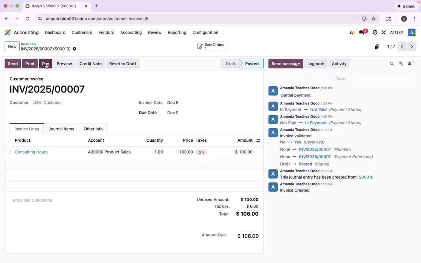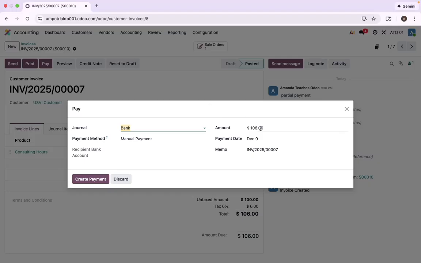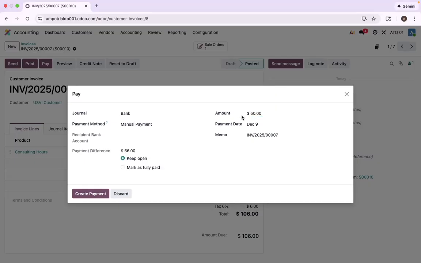And then we're going to do the same thing, click the button. But this time, instead of the full amount of $106, we're going to do $50. $50, okay? Cool. So for some reason, you have to click away from what you typed in order to open this payment difference. I also want to show you that if we go in and make this cash,